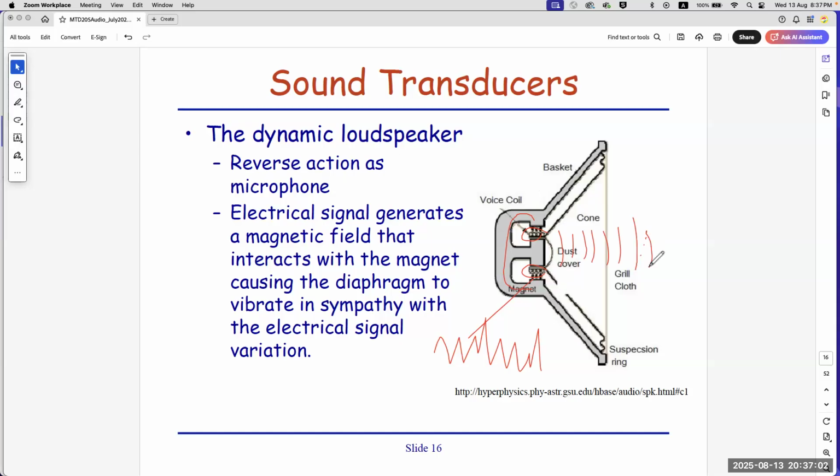Everything is about motion. Everything is about the magnetic field reacting with the electrical field and vice versa to produce motion, or motion producing the field. Earlier, in the microphone, motion interacts with the magnetic field to produce the electrical signal. Right now, the electrical signal interacts with the magnetic field, and the magnet itself produces a motion. When you produce a motion, you disturb the surrounding air particles, and of course sound can travel out.